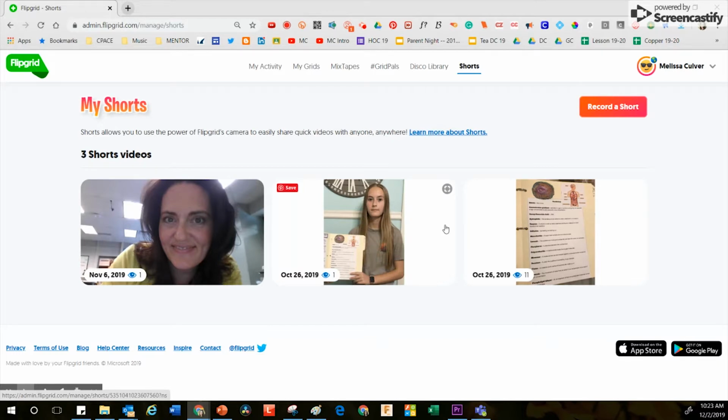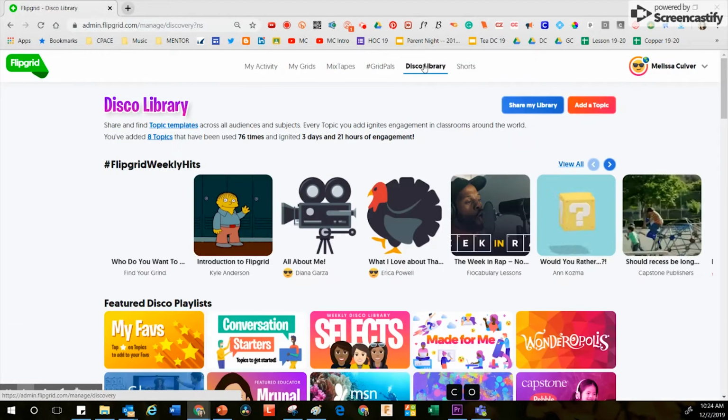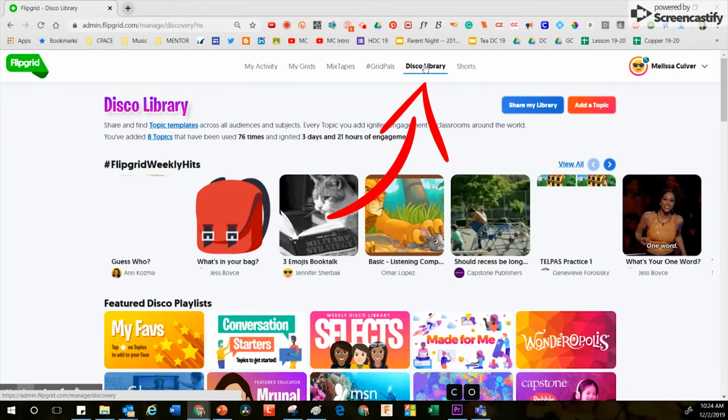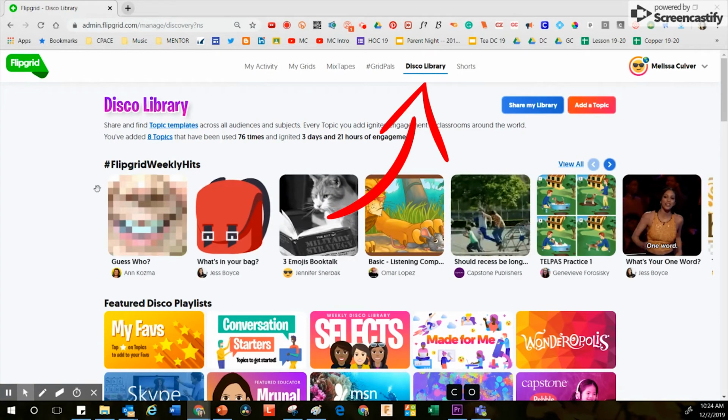For example, if you have small groups and you have access to an iPad in your classroom, the children can zap that QR code and then quickly watch a video of you reminding them how to behave in that independent learning activity. The Disco library right here allows you to search through content that has been published and is ready